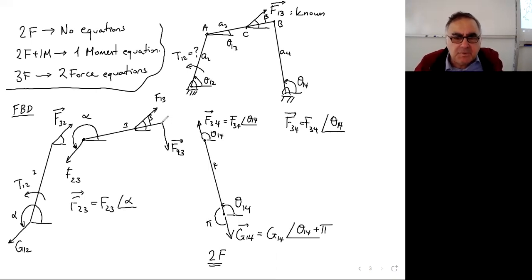Now this F43 is equal to F43 magnitude with an angle of theta 14 plus pi again, right? It has to be in the same direction with theta 14. F13 is equal to F13 with an angle of beta. We know this much. F23 is F23 with angle alpha. F32 is